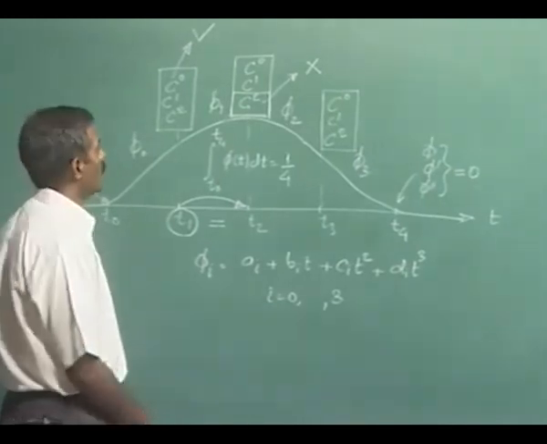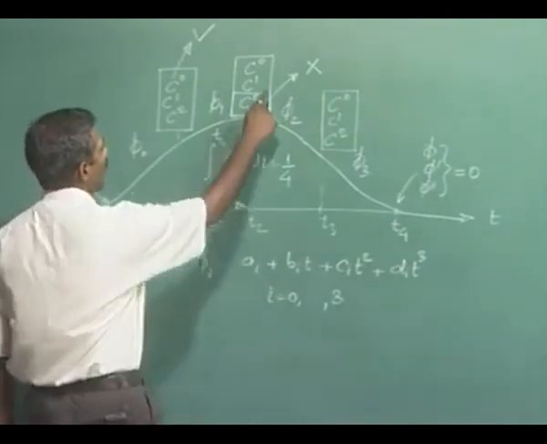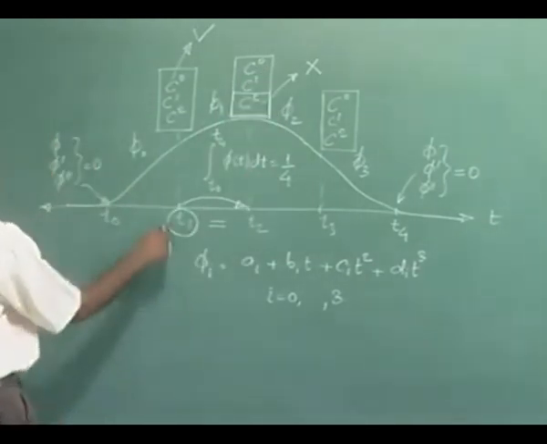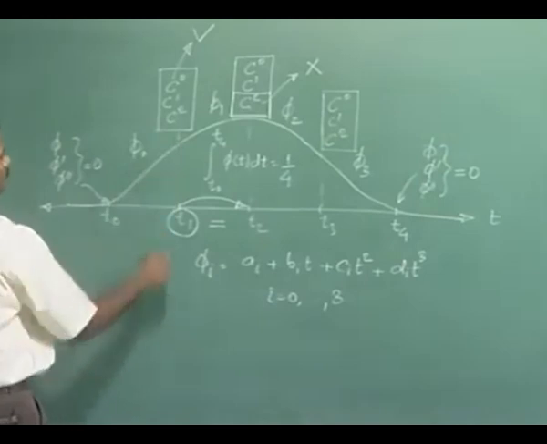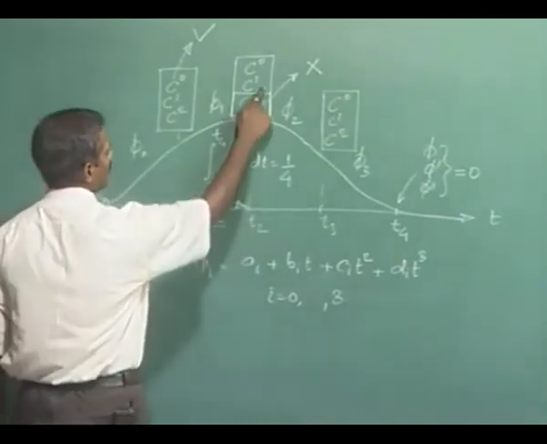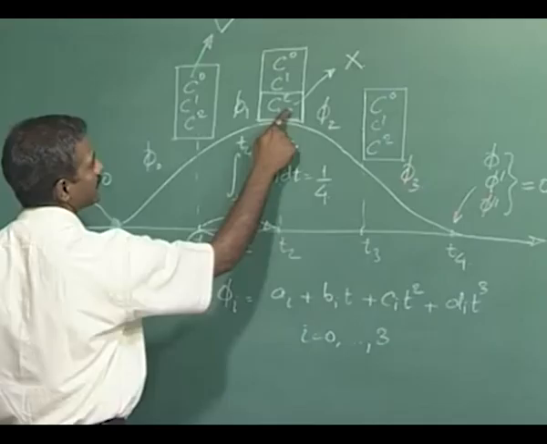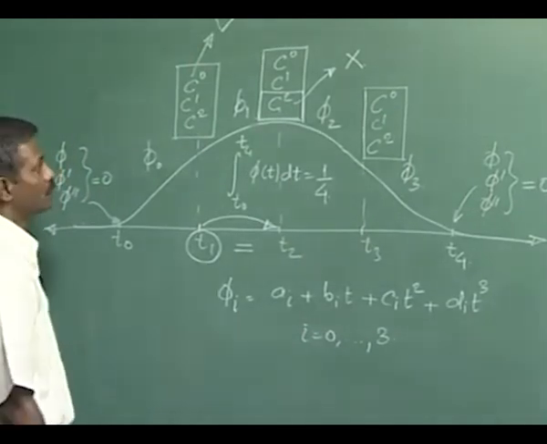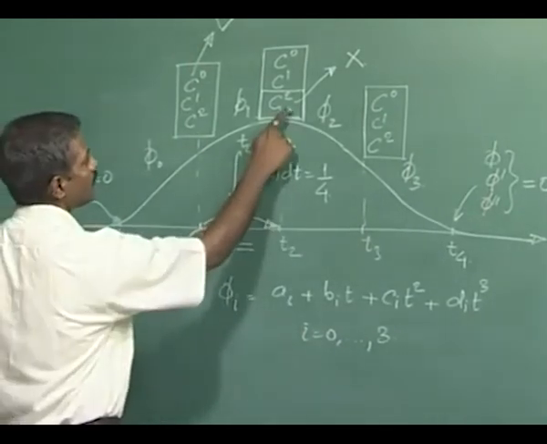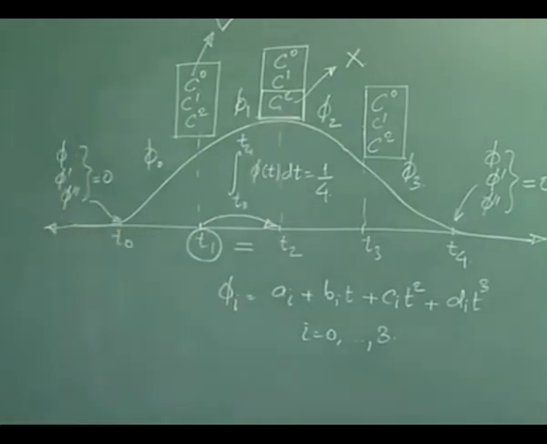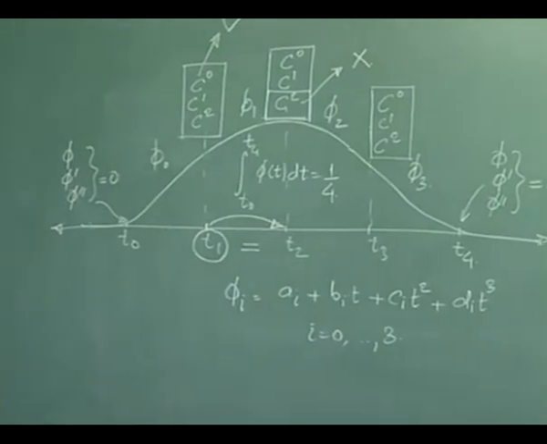Now, which one do I let go of? I'll have to retain the C0 condition because that is used to determine phi 0 completely. Now, I'll have to either let go of the C1 or the C2 condition. Amongst the two, it has to be the C2 condition that I'll have to get rid of, simply because